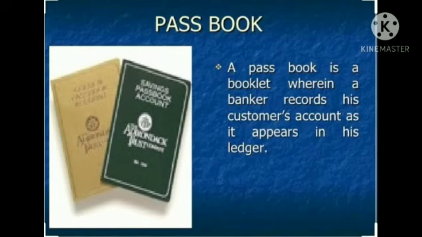Now today we will see what is a passbook. Now a passbook, first of all, is issued for a saving account and a recurring deposit account. Clear? Passbook is not issued for a current account and a fixed deposit account. Passbook is only issued for a saving and a recurring deposit account. Now amounts deposited, withdrawn and the balance are recorded in it with their dates. Clear? Whatever amount you are withdrawing, whatever amount you are depositing in your account, all the transactions will be recorded in this passbook with date.